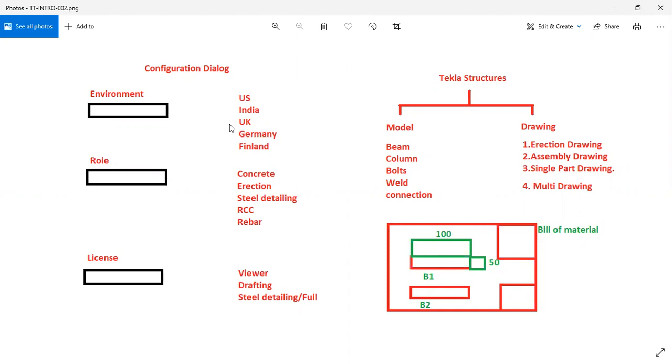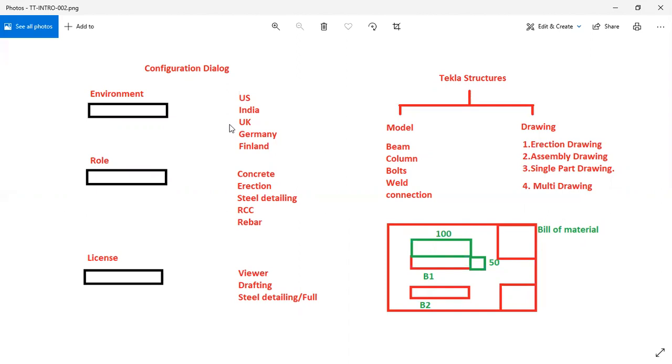If more frequent usage is on US, then they will be installing the US environment there, right? So if they are having some Indian jobs or some UK jobs in between, then they will install those environments. Okay, if it is required, then they will install those also, right?